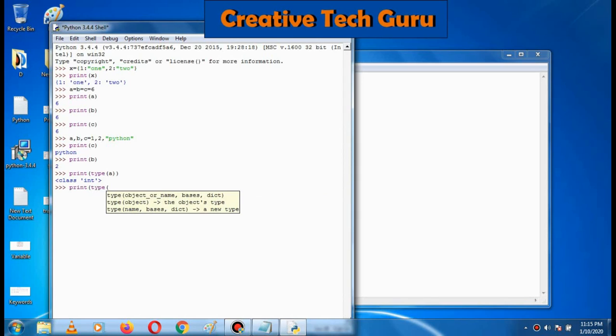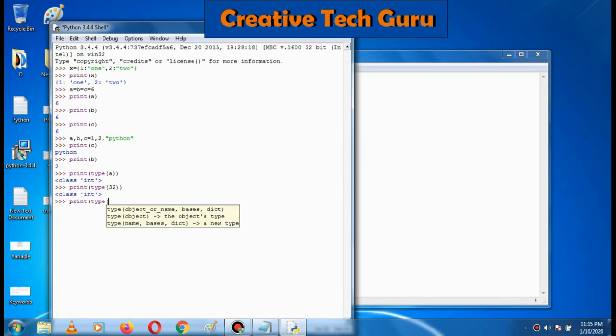For example, type of 42 or 32. Now I gave 32, it is showing integer. Now I will give a different value, that is 3.4. See, now it is giving output that it is a float value. So by using type we can find out what data type it is.